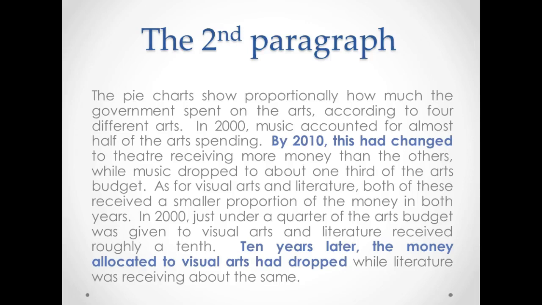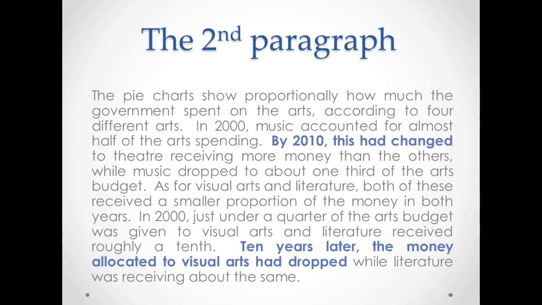The second paragraph is quite a bit longer, because the second paragraph describes 2 pie charts. I'm going to read it quickly, and then I will point out some very good IELTS features, which will make your examiner very happy. The pie charts show proportionally how much the government spent on the arts according to 4 different arts. In 2000, music accounted for almost half of the arts spending. By 2010, this had changed to theatre receiving more money than the others, while music dropped to about 1/3 of